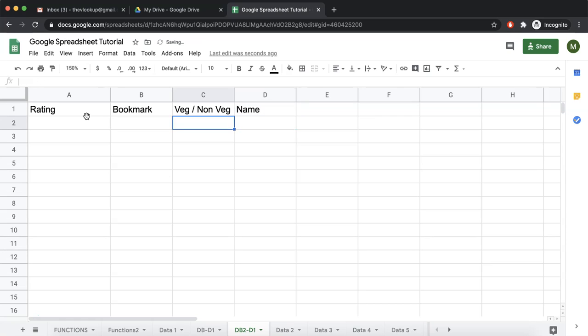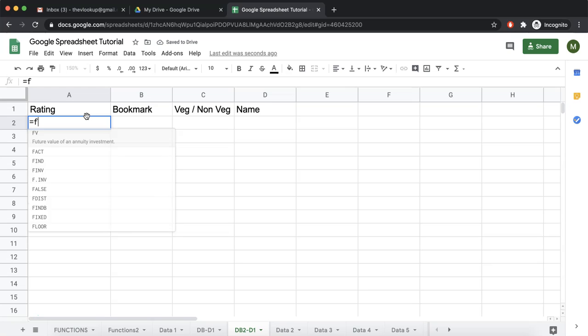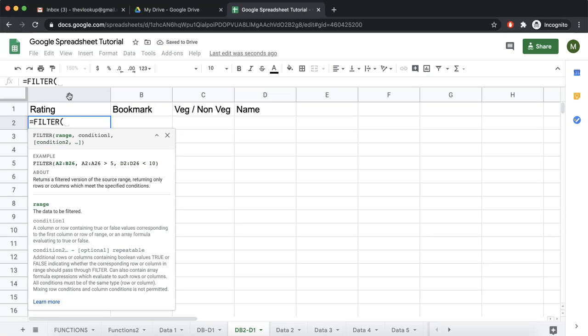For this we say FILTER. Now we cannot simply give the range of rating, comma, the range of bookmark, because as per the syntax only the first argument is the range, and after that everything is a condition. So in this case we enter the range in curly brackets.